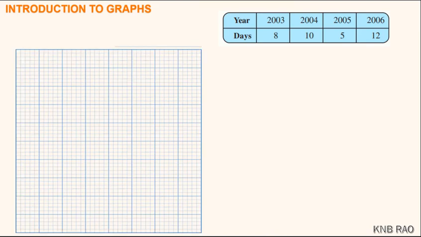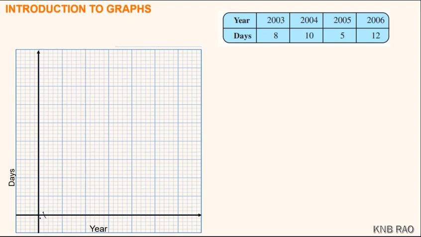Now we will go for taking a graph sheet, plotting a vertical axis, on which we will be considering days, and horizontal axis where we will consider years on it. Now first I am considering a kink, so that I will take from here 2003, 2004, 2005 and 2006. This 1 unit